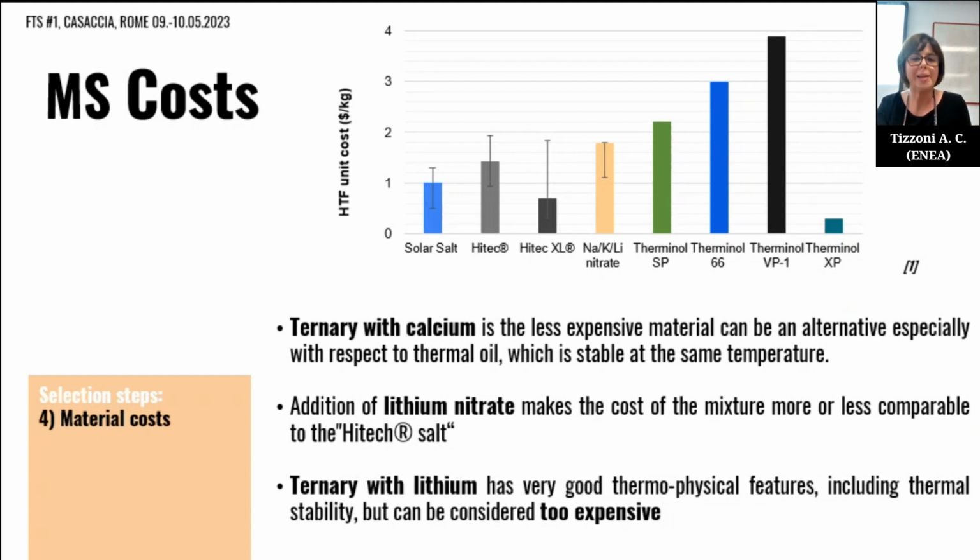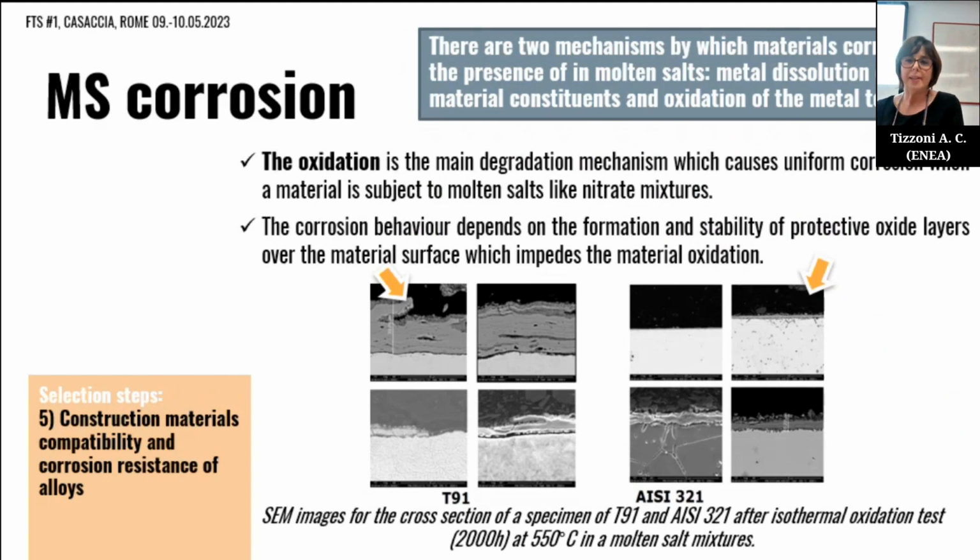In fact, we can conclude that ternary mixtures with calcium are, of course, less expensive, and can be a very good alternative, especially with respect to thermal oil, which is stable at the same temperature. The addition of lithium nitrate makes the cost of the mixture more or less comparable to the high-tech salt. And the ternary with lithium shows very good thermophysical features, including stability, but cannot be considered because it's very, very expensive. So we have to reduce the amount of lithium because it's not comparable to the other mixtures. So at this point, the most feasible mixtures are further considered